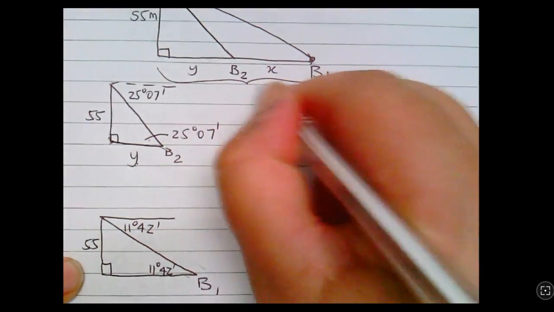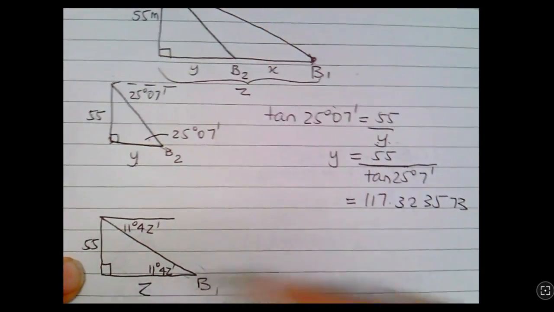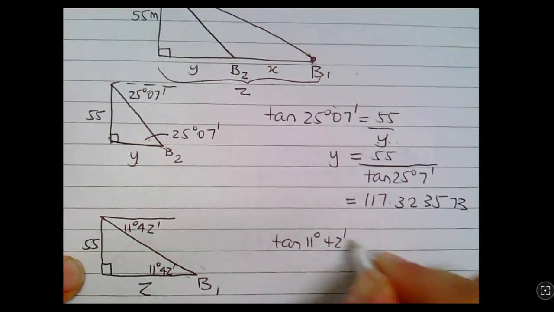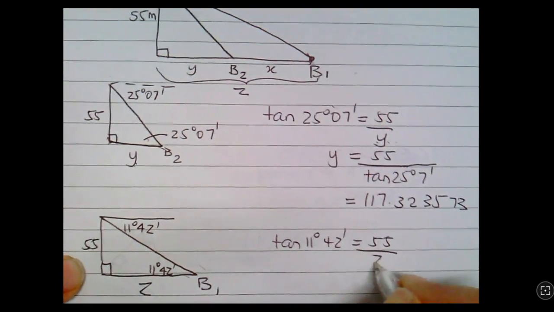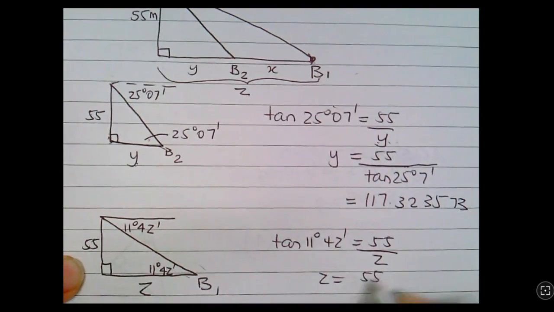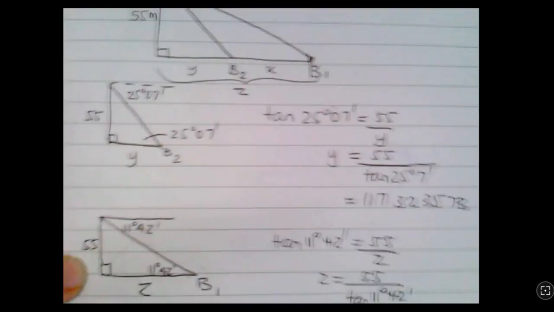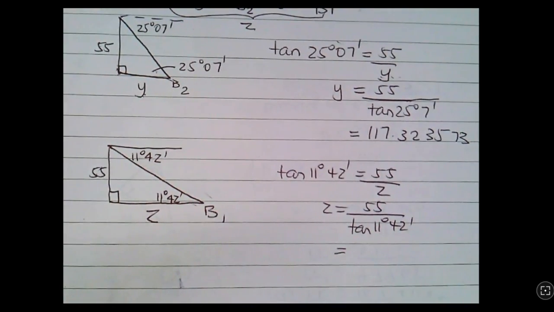I might actually call this whole distance Z. So the tan of 11 degrees 42 minutes equals 55 over Z. So Z equals 55 over tan 11 degrees 42 minutes, which is 55 divided by tan 11 degrees 42 minutes